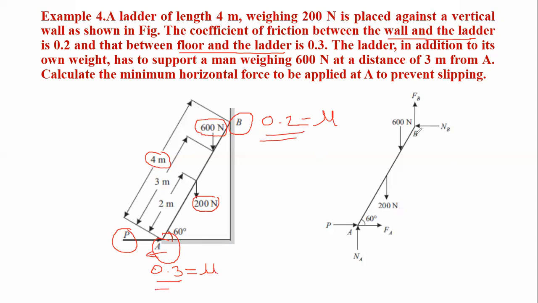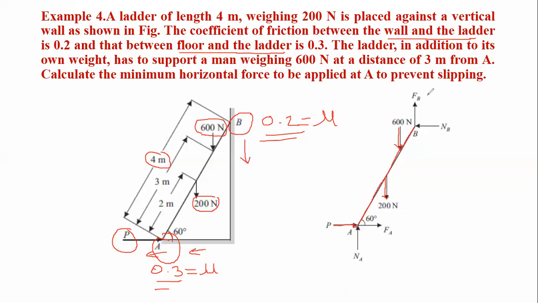Now, if you draw the free body diagram, it will look like this. First of all, draw the ladder, then show the self weight, then show the external load, that is the man standing on this ladder with a 600 Newton weight. Now here the external force is P. Now the reactive components. If the motion of that ladder is impending, it will slide in this direction. The lower part will be moving in this direction and the upper part will be moving in the downward direction.